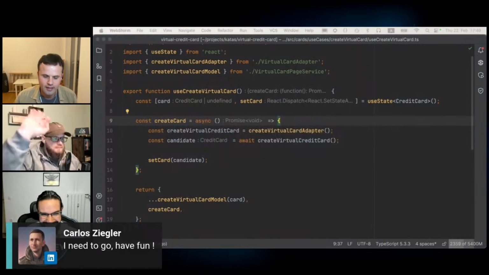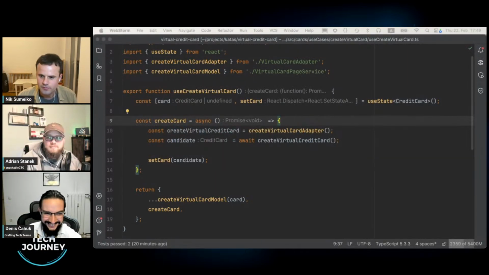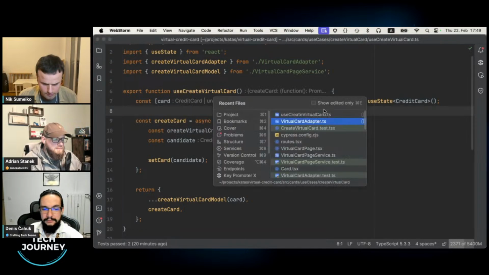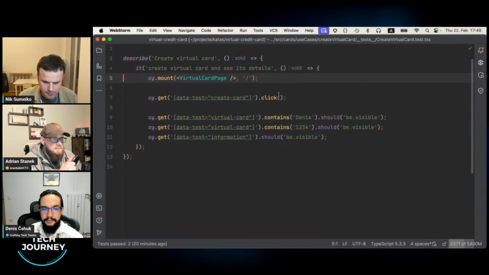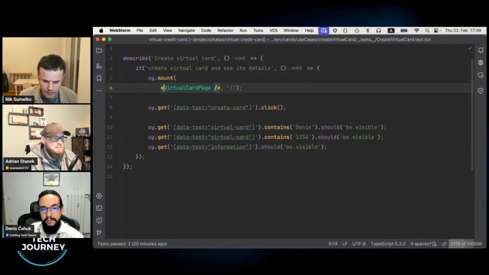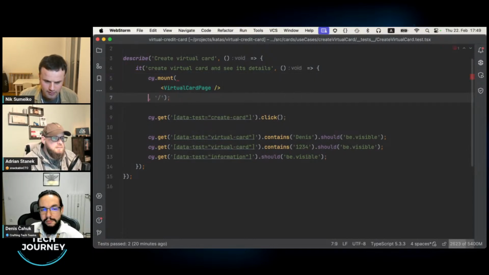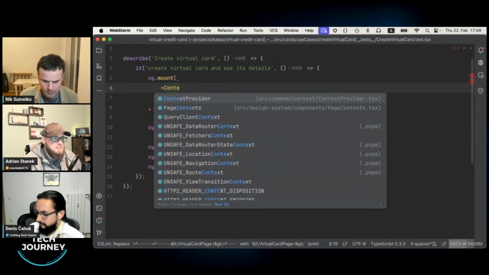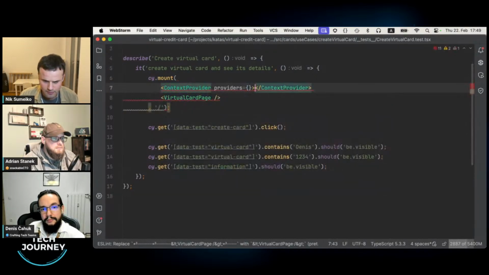Okay. First, what we will do is go to the test, and the test we will wrap with some context. I have a context provider in place.